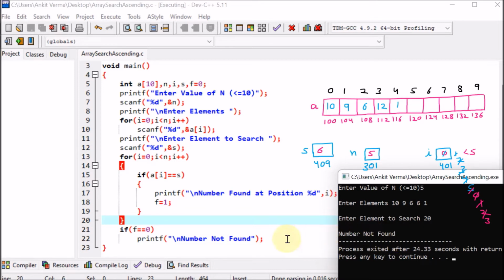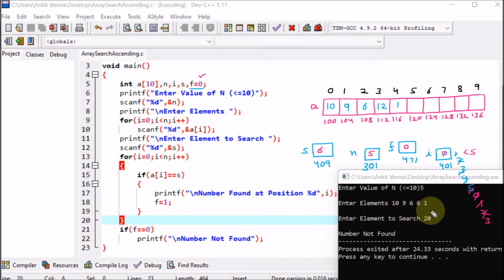Now understand how it is working. We have set a variable f. Let us suppose its memory address is, let's say, 471. The name of the variable is f, and afterward we have given 0. So this variable is initialized with the value 0. We are assuming that 0 means by default number not found.